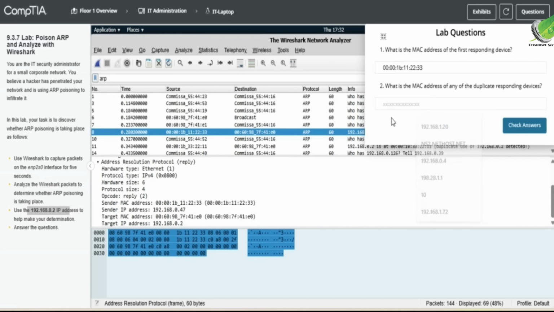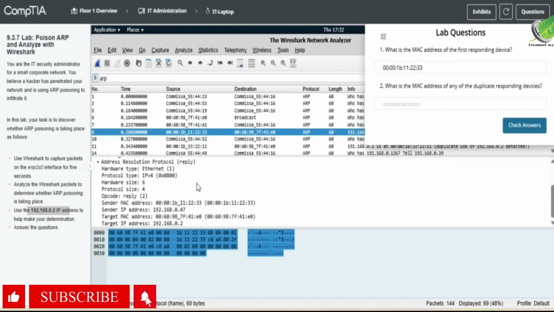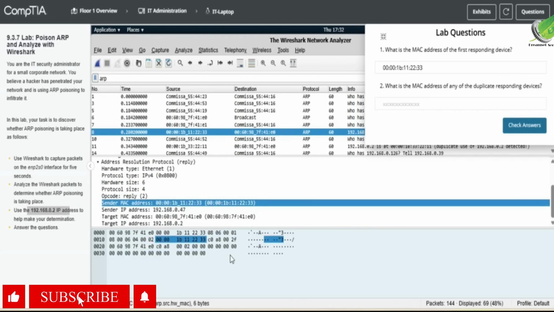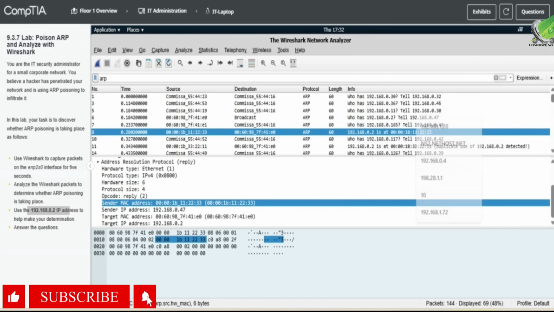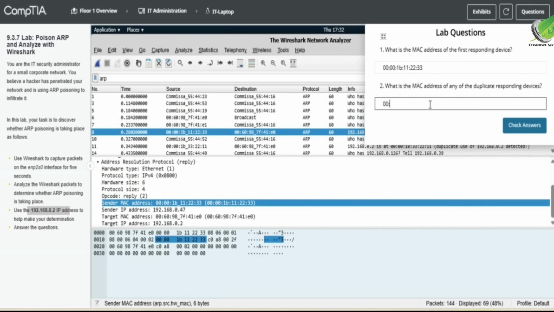What is the MAC address of any of the duplicate responding devices? So for duplicate responding devices, let's scroll. Duplicate responding devices is gonna be, let's see, 00:1B, capital B rather, 33:22. Okay,